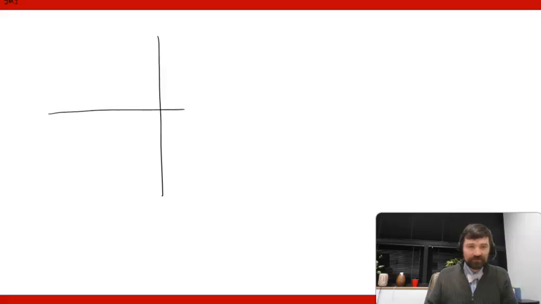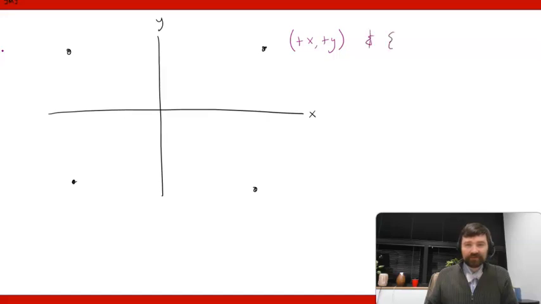Now if I wanted to go into a different coordinate quadrant, maybe we could draw out the different possible quadrants. So there's one here, there's one here, there's one here, there's one here. We'll call this the y-axis and this the x-axis. This one right here would be plus x, comma, plus y, and plus r, comma, plus theta,